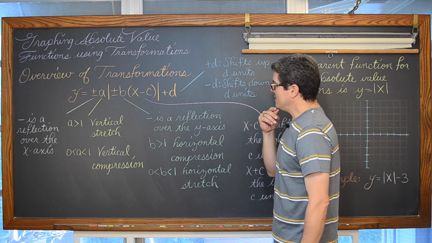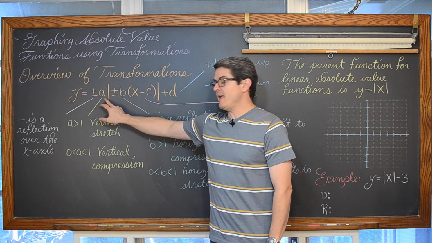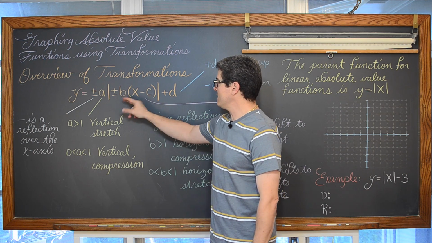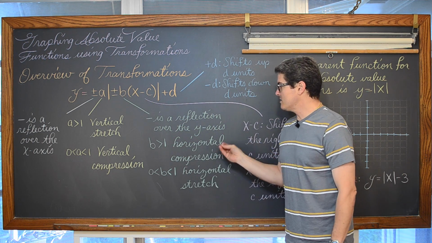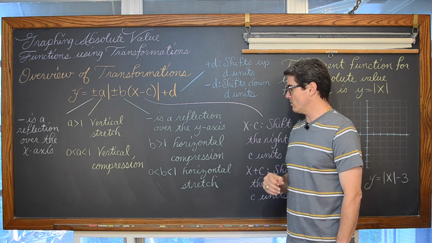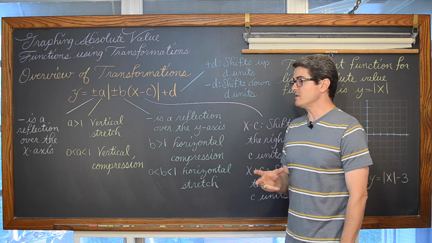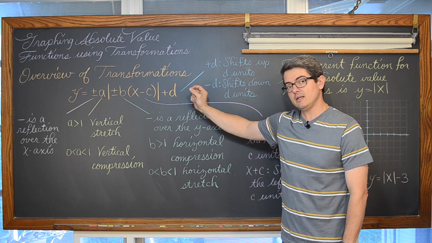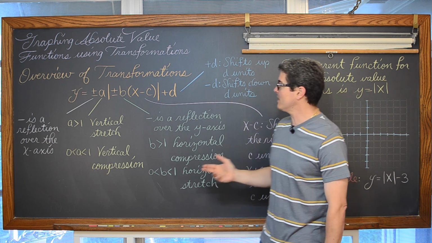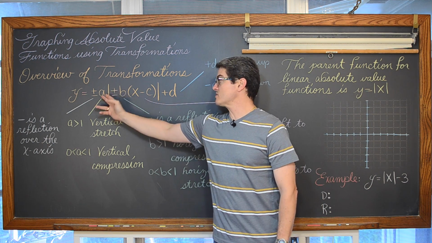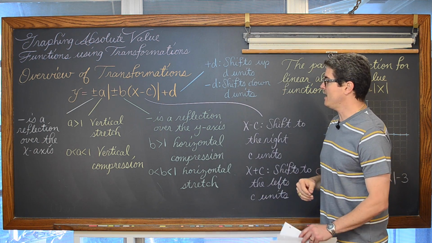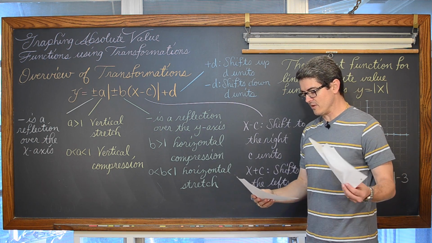because the effects that we get from A, which can be a vertical stretch or compression on our graph, and the value of B, which is going to be a horizontal compression or stretch, can be a little bit confusing. All these examples are going to be linear absolute value functions, and it's going to seem like the horizontal stretch and compression is doing the same thing as a vertical stretch or compression, and that's really not the case. So I want to clarify that with you over the fifth example.